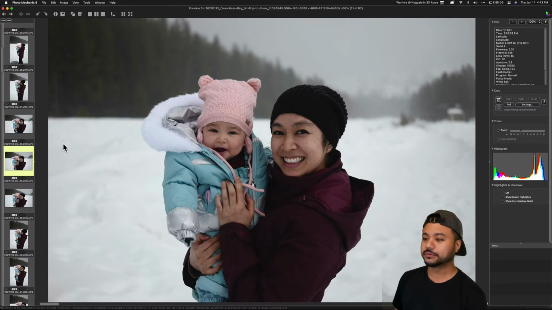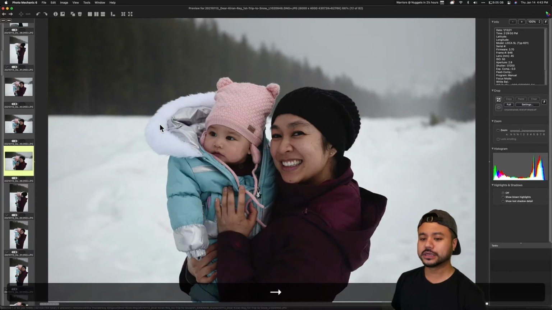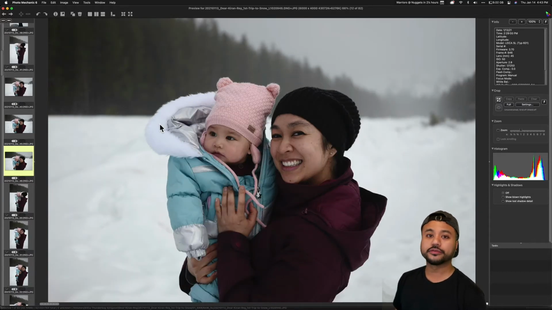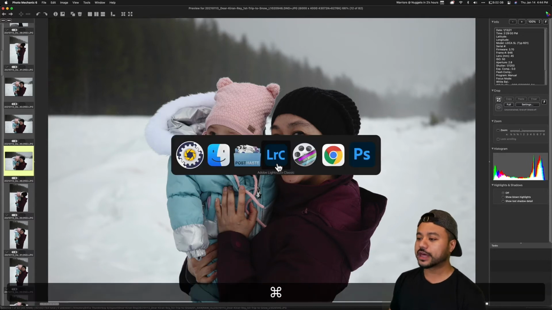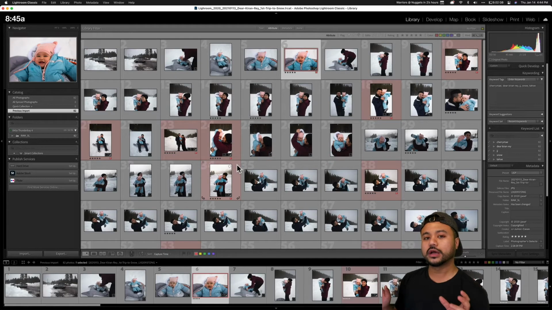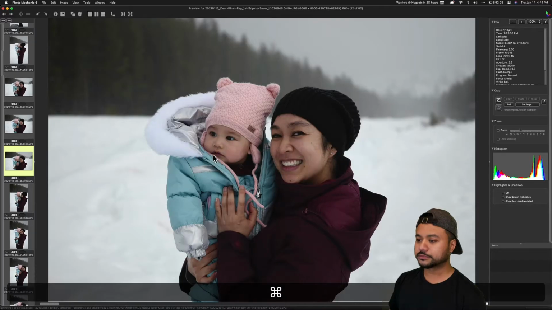This one I didn't, but her half expression with Kieran Ray probably could have just marked this to be deleted. But again, I'll go over this and I'll mark it for 5. At the end of that, I'll import the remaining photos into Lightroom. And just to backtrack a little bit,